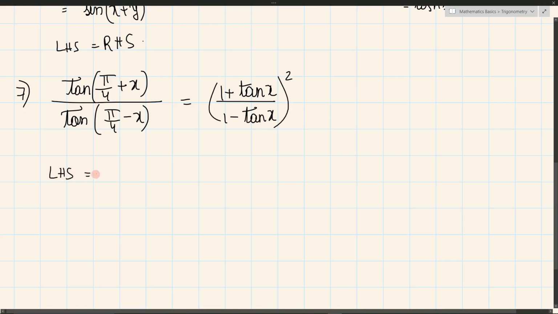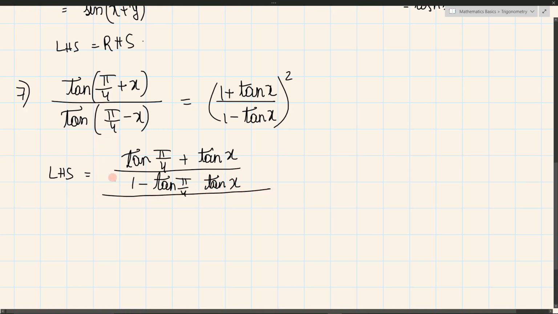We have, this is in the form of tan of a plus b. Tan of a plus b is given by tan a plus tan b whole divided by 1 minus tan a tan b, whole divided by tan of a minus b, that is tan pi by 4 minus tan x whole divided by 1 plus tan pi by 4 into tan x. So this is equal to